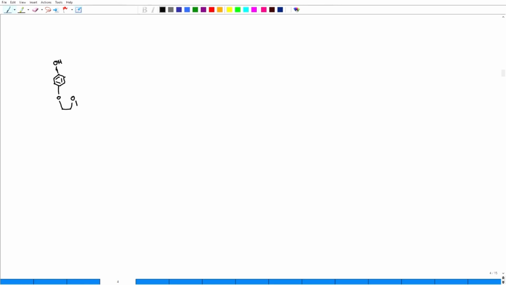These are actual compounds made, so that is why I am being a little bit careful. 1, 2, 3, 4, 1, 2, 3, 4, 5, and then